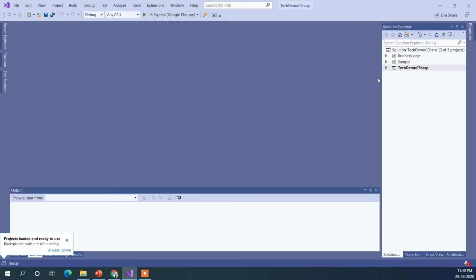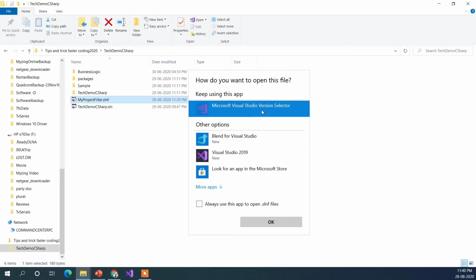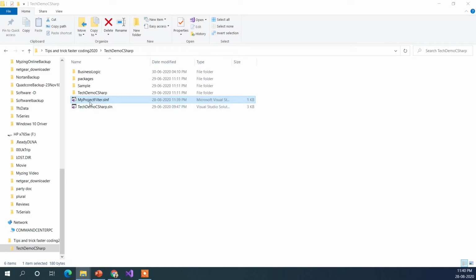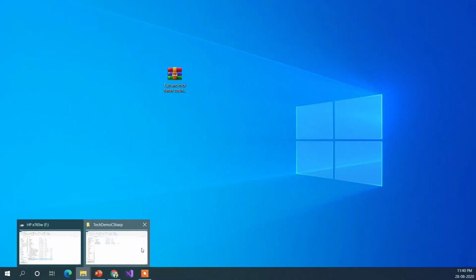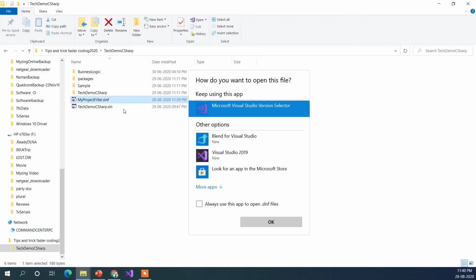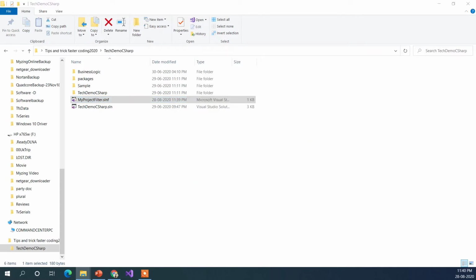As you can see, all the projects are loaded, but when I choose this filtered project solution file, it should load only the dependencies. It was asking me something. Let's choose Visual Studio 2019 and click OK. And it should not load our sample project.